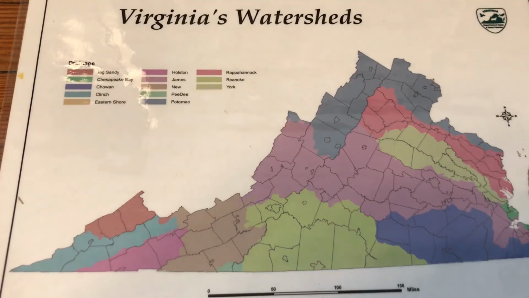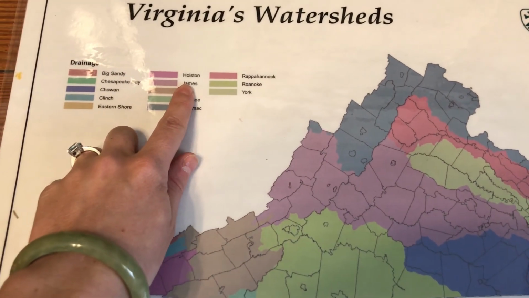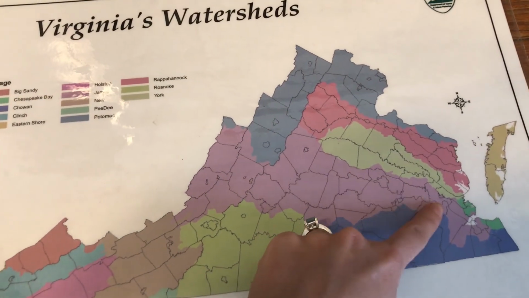So where we are at the garden is a part of the James River Watershed. And the James River Watershed is the largest watershed in Virginia that spans the entire state, all the way from the mountains down to the Chesapeake Bay. All of that water is connected through streams and under the ground. And so how we treat our water here at the garden can have an impact on the Chesapeake Bay and the ocean, so it's important for us to monitor it and make sure that we are taking good care of